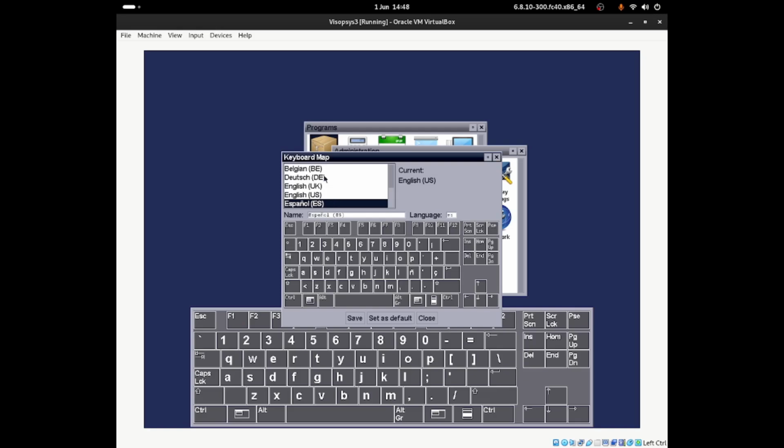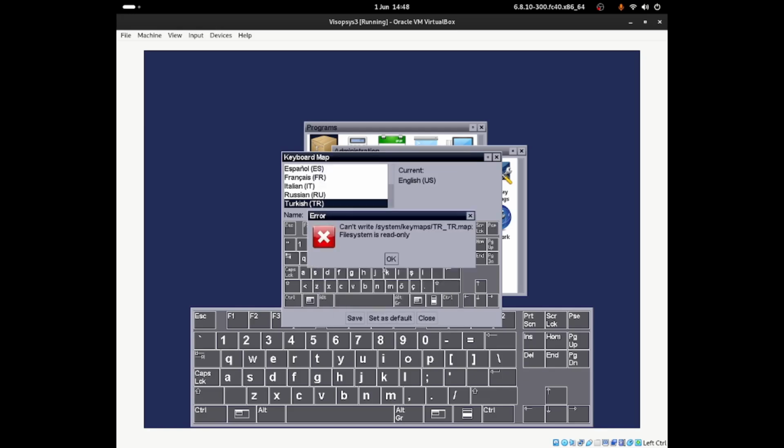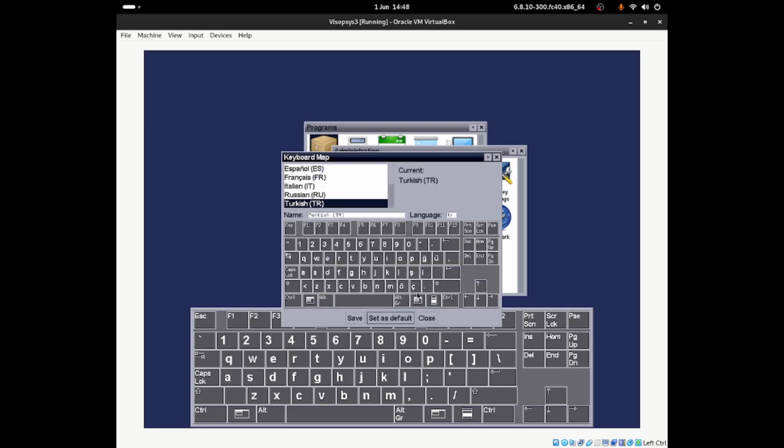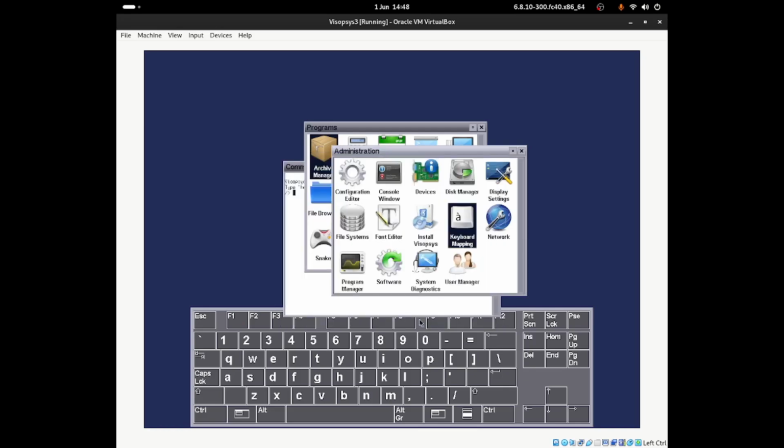There are many languages. There's Bulgarian, there's Dutch. There should also be Russian, so you can see we also have a Russian keyboard. That's pretty cool. You can also choose Turkish, and you can set as default, or you can just save it. If I do save it, then this should apply the new keyboard, right? If I click OK, hold on, that didn't work. If I set this one as default, okay, now I'm using a Turkish keyboard, or you can use a Russian keyboard if you wanted to, and this should set it as our keyboard. If I click close,